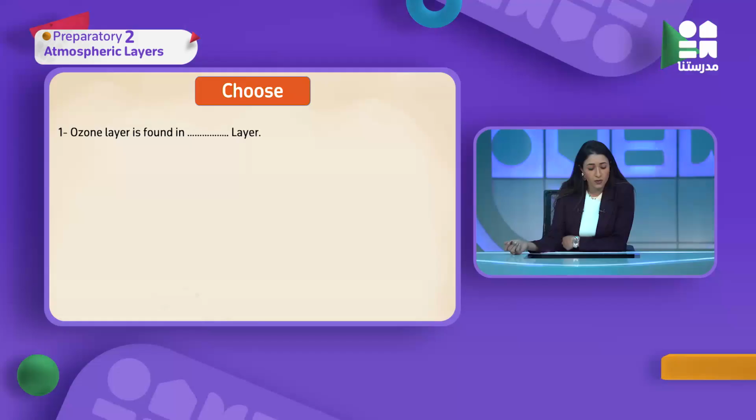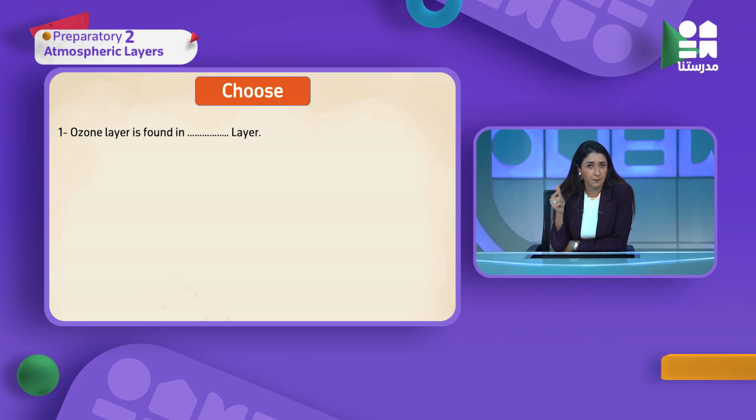طيب تعالوا نكمل مع بعض ونبدأ مع بعض شوية practices وفي very important problem we will discuss it together here in our questions. زي ما احنا متعودين ان في choose questions ودايما I read to the end of the question واقرا ال 4 points او ال 3 points اللي انا هختار ما بينهم. Question number 1 بيقول لي the ozone layer is found in the